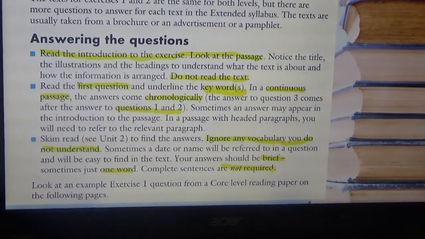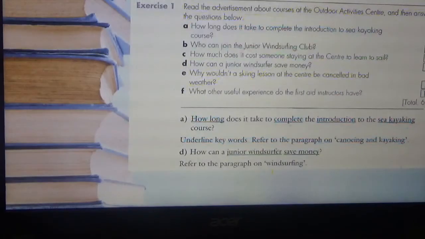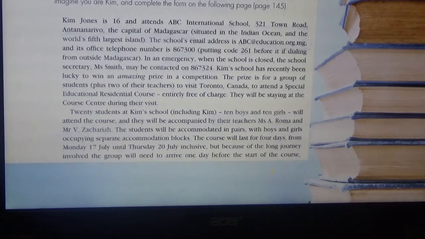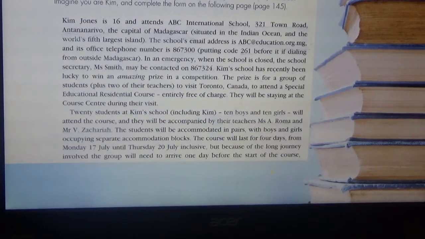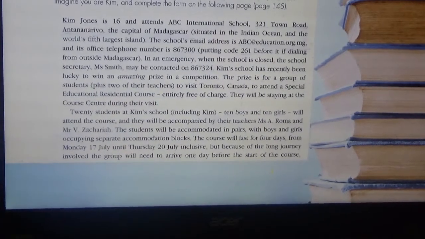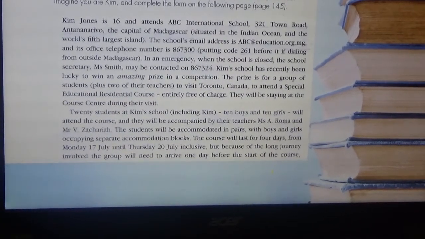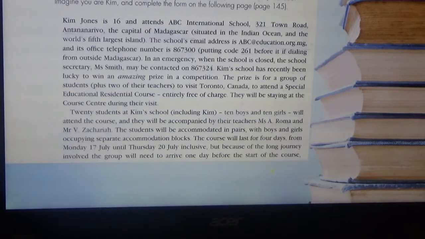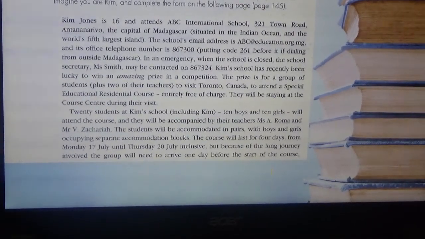Okay, so now let us proceed to exercise 3. As we have mentioned in our outline, this uses different texts for each level and requires you to transfer information from the passage onto a form. The answers may not come chronologically. Do not read the passage. Okay. So what should we do in answering